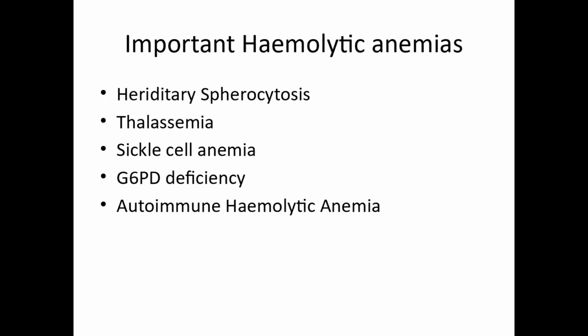Briefly, I explained to you what intravascular hemolysis is like. We saw the differences between intra and extravascular hemolysis. Then we tried to diagnose hemolytic anemias using some clinical features and some laboratory features. That was it in this class. In the next class,